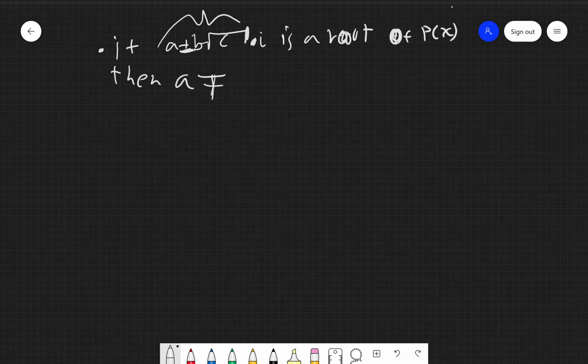If we chose plus here, we're going to do minus here. If we chose minus there, we're going to do plus here. So a minus plus b root c times i is also a root